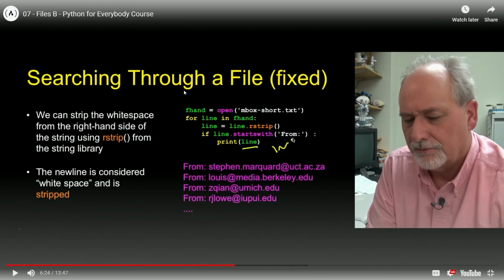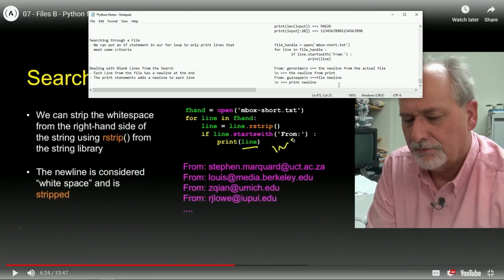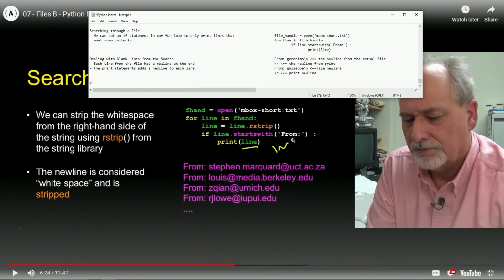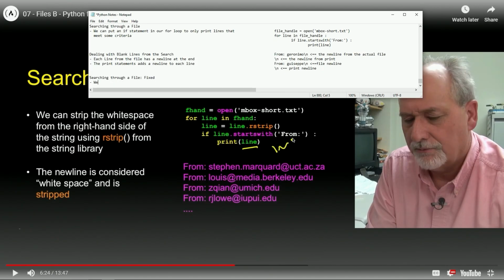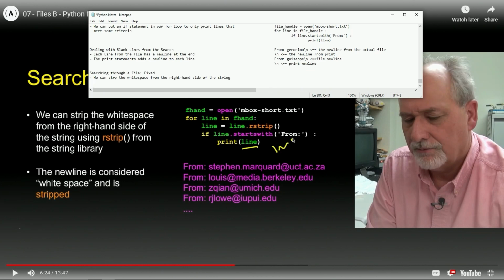Searching through a file, fixed. So we can strip the white space from the right hand side of the string using rstrip from the string library.